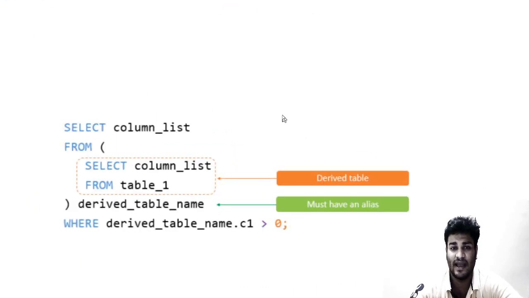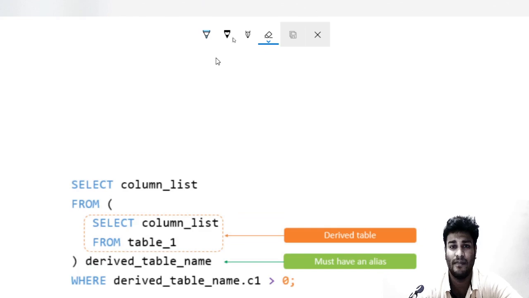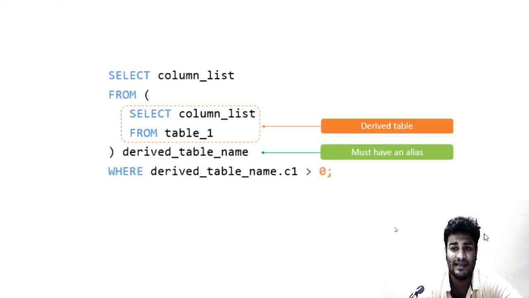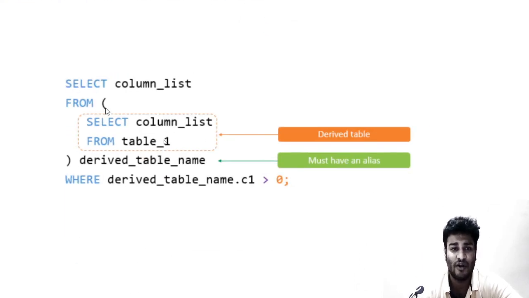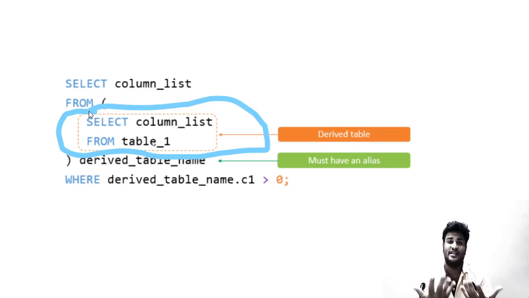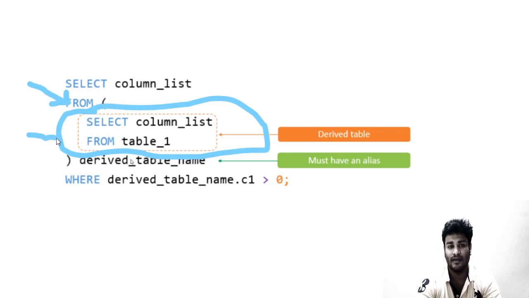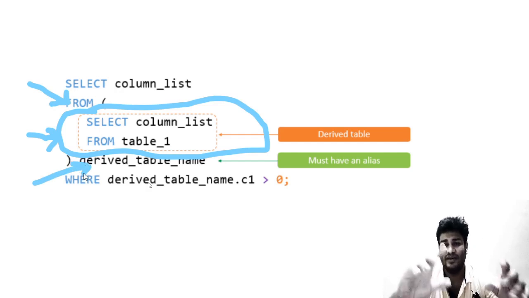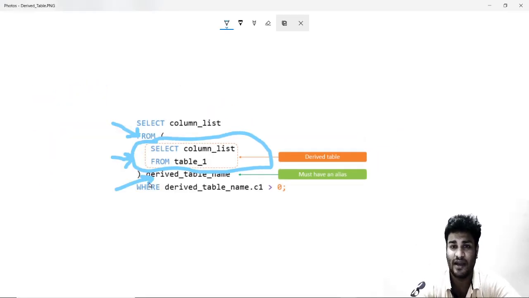View this picture again. So this is what is depicted by this. Rather than saying select star from table name, we have given an inner query. So whatever table is retrieved from this statement will be taken as the entire table for this from. This from will take this table, and this table is given a new name, which is the alias name for this table, the derived table name. So I will give you a live example of this scenario.